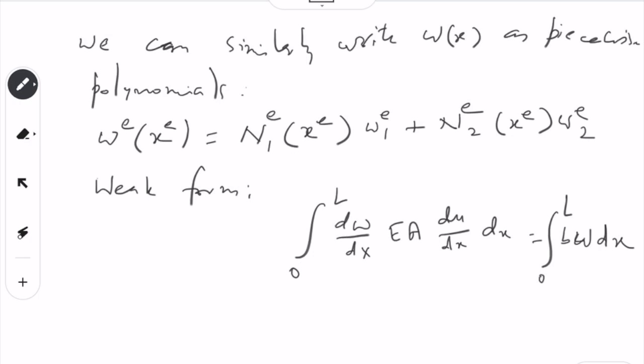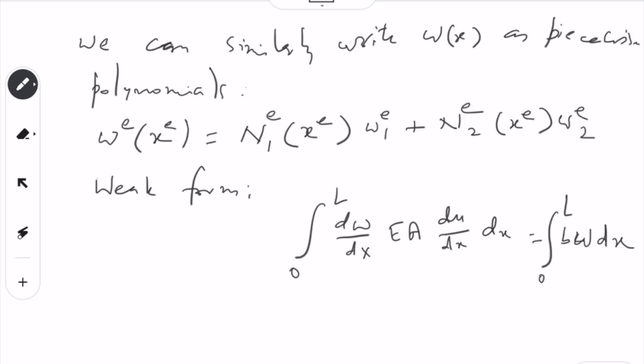We can put these values, and here dw over dx. So, since u equals a summation of